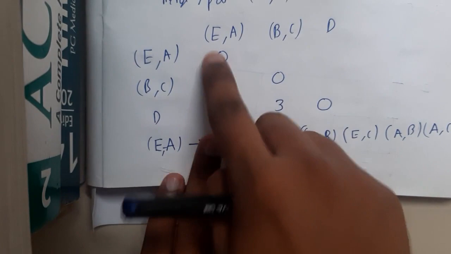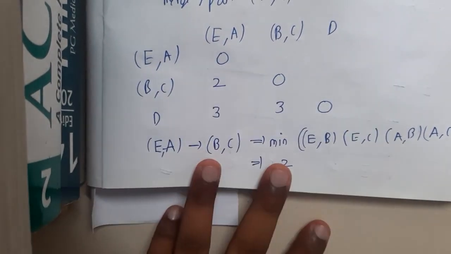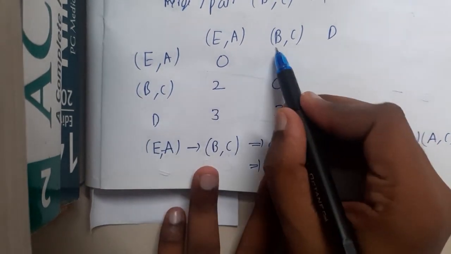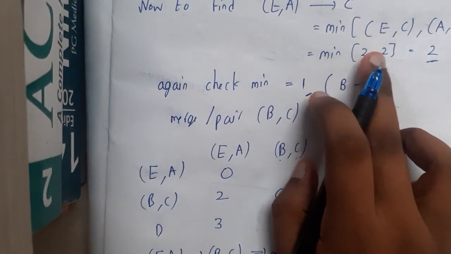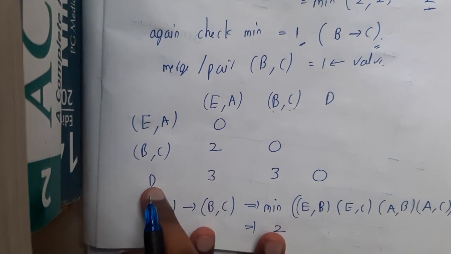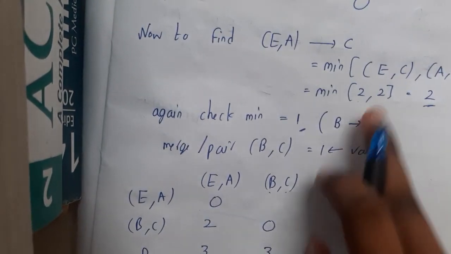EA, BC and D. So diagonal is 0. Again, now you observe again. So basically here you will be writing this easy. So D to B to C. So you will be using the above previous formula and you will be solving it. It is easy, right? Similarly, when it comes to D to E to A, so again using the same formula you will solve it.